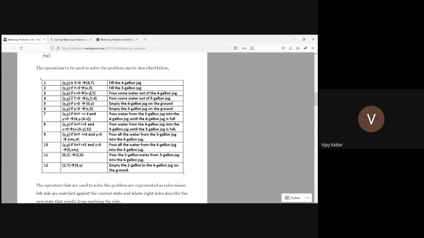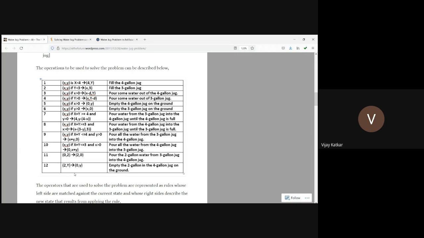Next, we can transfer some water from jug X to jug Y. Next, we can transfer some water from jug Y to jug X. We can empty jug X. Rule 6, we can empty jug Y. Rule 7, we can transfer the complete water from jug Y to jug X. Next, we can transfer the complete water from jug X to jug Y. Then add some water from jug X to jug Y, add some water from jug Y to jug X, something like that.